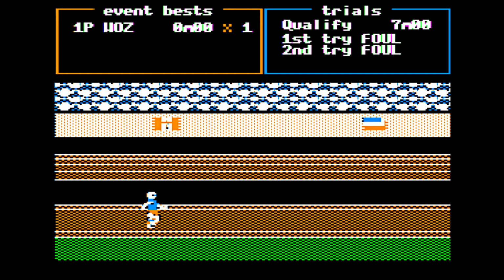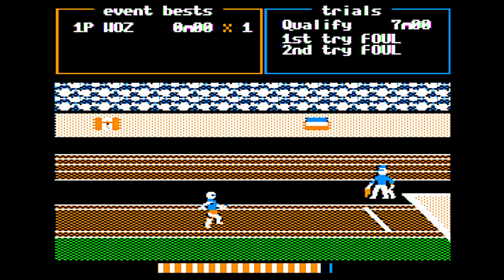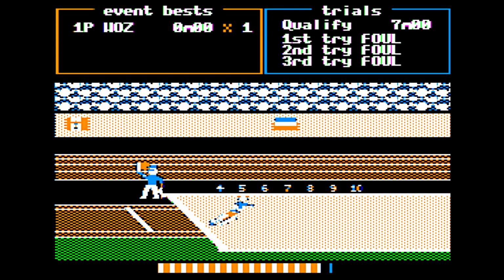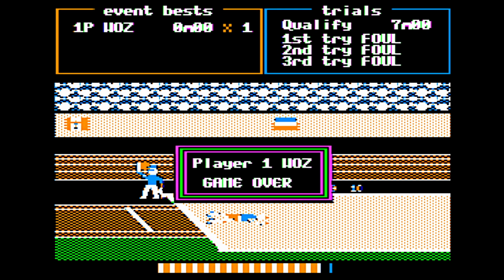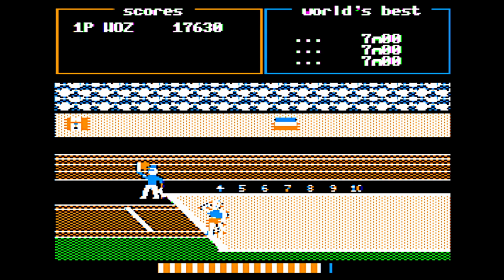I'll try a real button mashing joystick. Here you go. That's the Track and Field experience. Yeah, apparently in the arcade they had to do some modifications because the controllers were getting broken in the arcade, and arcade operators were none too happy about that. But yeah, I'm not sure if there's any way in any of the emulators that are out there to map that jump button in. If anybody knows, go ahead and leave a comment below. I'm sure other people that are interested in playing Track and Field would be interested.